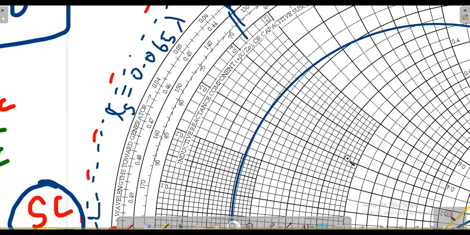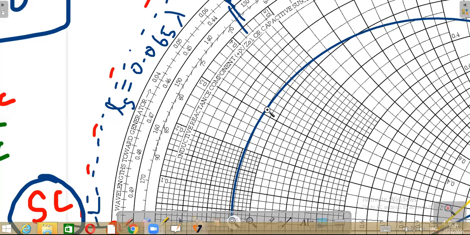What is the final answer we got? Reactance value 0.384. When it is 0.384, if you put the actual correct values, this is 0.3, this is 0.4, then in between is the answer, approximately 0.05 lambda. Once you put a very precise value to 2 to 3 decimal digits, you'll get the correct value 0.05 lambda.